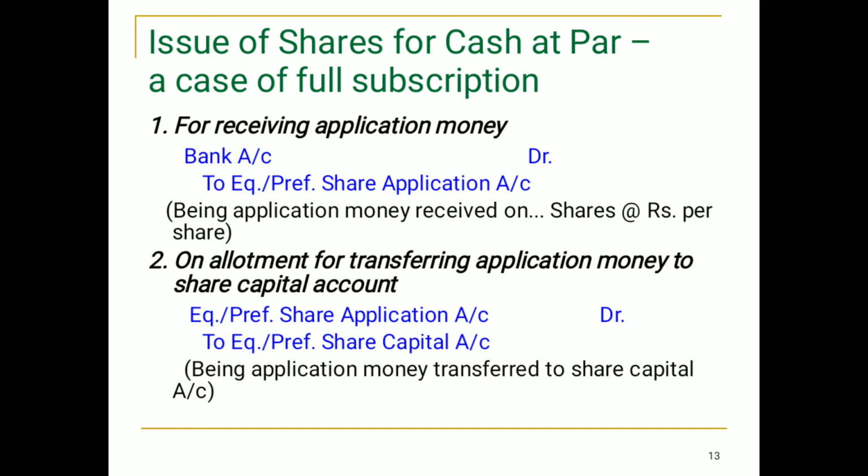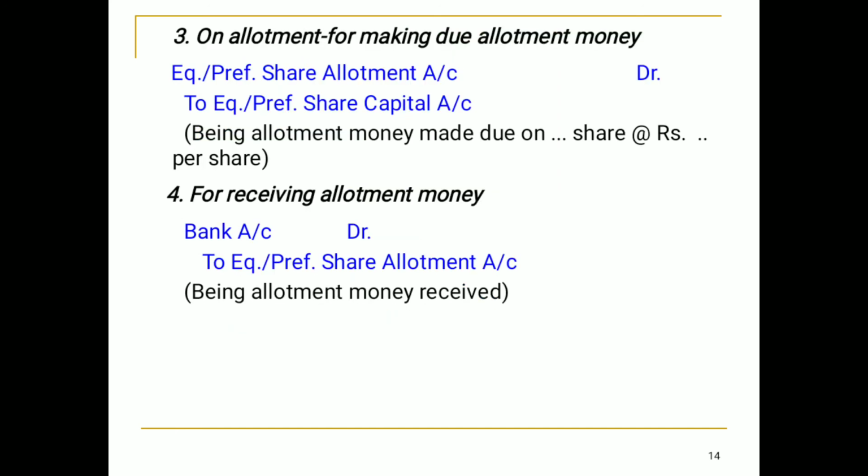That means you have issued 30,000 shares and you have received applications for 30,000 shares. And those 30,000 shares you have issued at face value, at par, that means at rupees 10. These two topics we have considered and we are understanding it from this viewpoint. Okay? So, the second step of allotment.